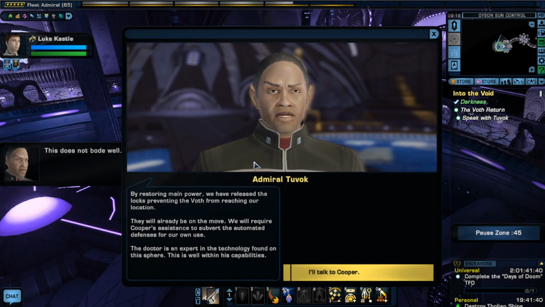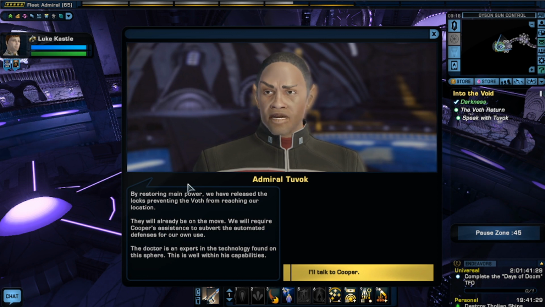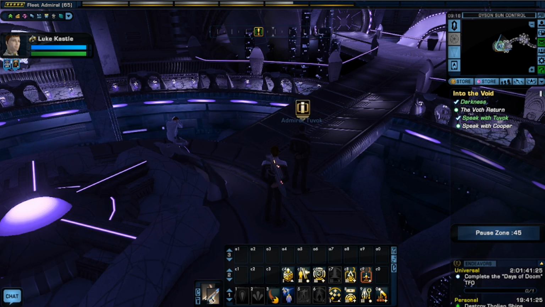By restoring main power, we have released the locks, preventing the Voth from reaching our location. They will already be on the move. We will require Cooper's assistance to subvert the automated defenses for our own use. Doctor...